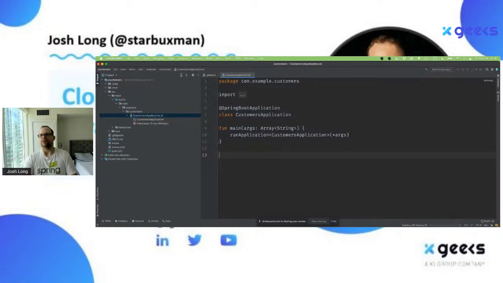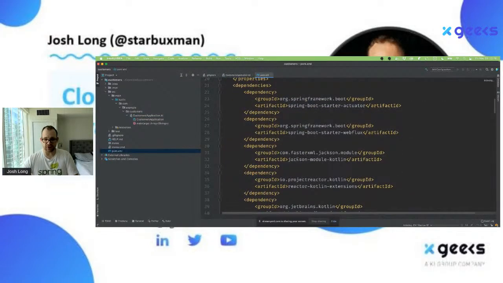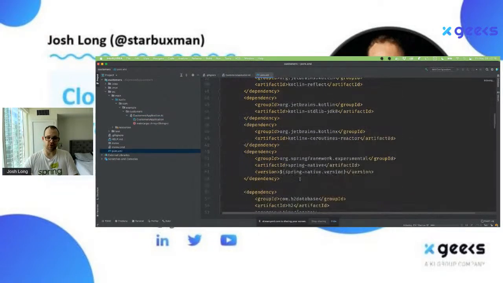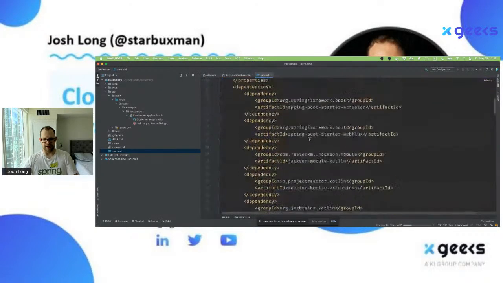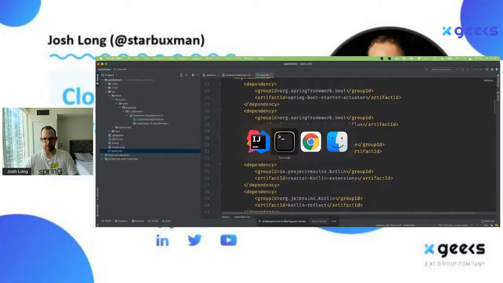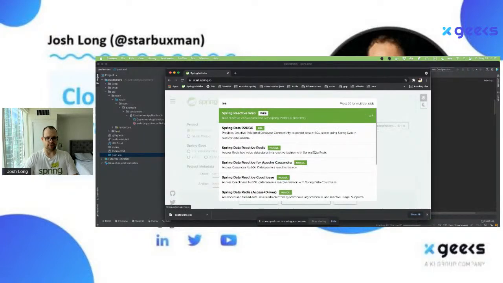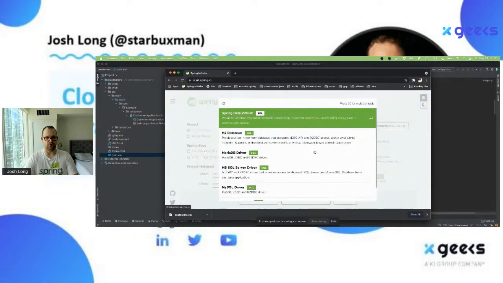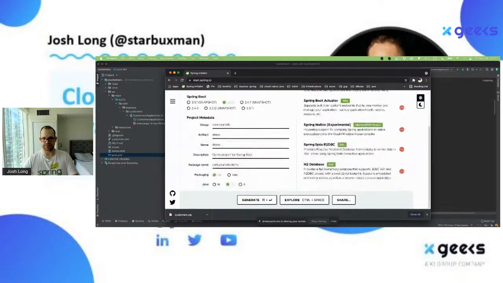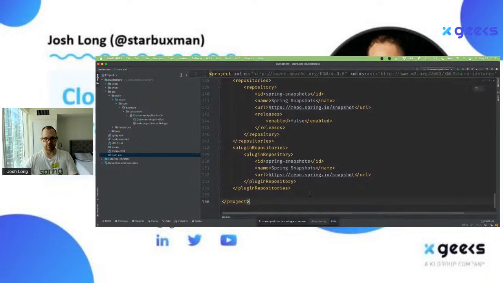So we're going to build a new application that talks to a database. And here, I'm using R2DBC. R2DBC is a reactive relational database connectivity abstraction. It's a way for people to talk to SQL databases. And there are different drivers that you can use. Did I add R2DBC? No, I don't think I did. Okay, wait. Kotlin, Reactive, Web, Actuator, Native, R2DBC, H2. There we go. So I'm going to copy and paste this into here.